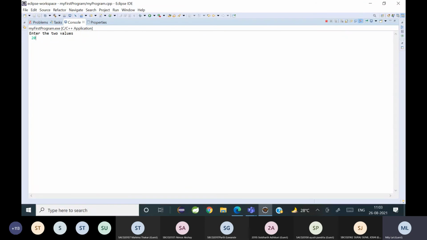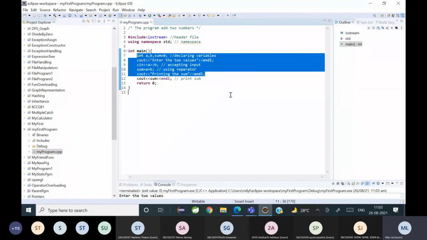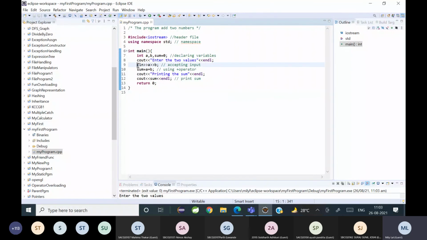So I enter 20 and I enter 30. So what is the answer I get? Understood? This way you can accept values from the user using a cin object.